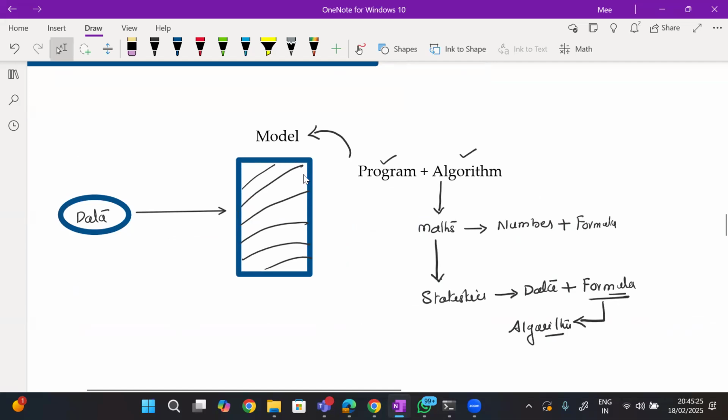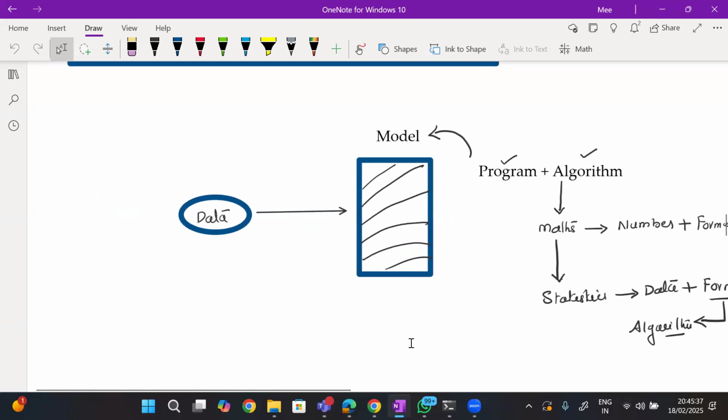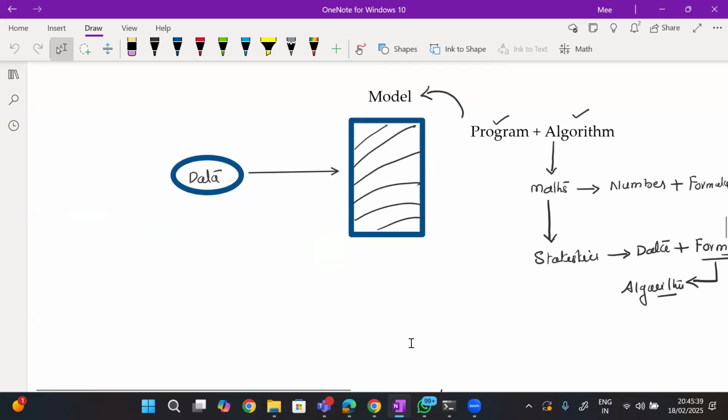From the data, the model will extract the knowledge. The model is a program based on an algorithm. What is an algorithm? It is a statistical formula; a step-by-step process of implementing the statistical formula is called an algorithm.